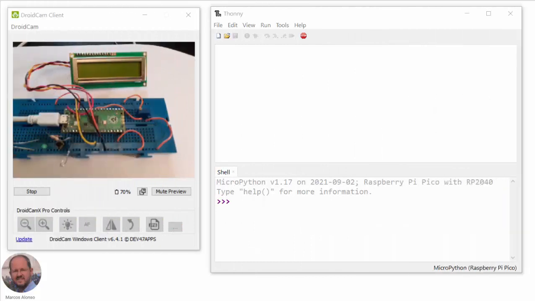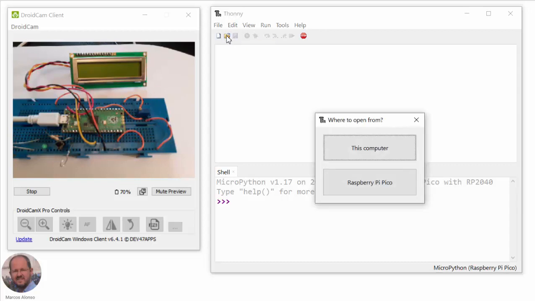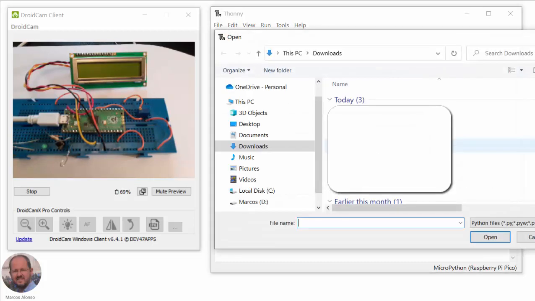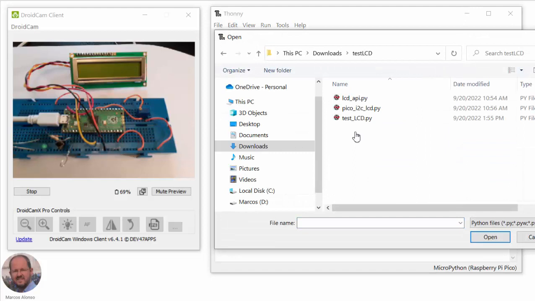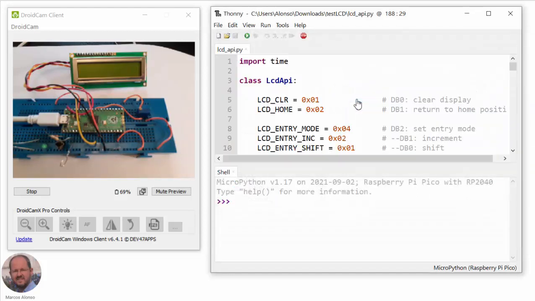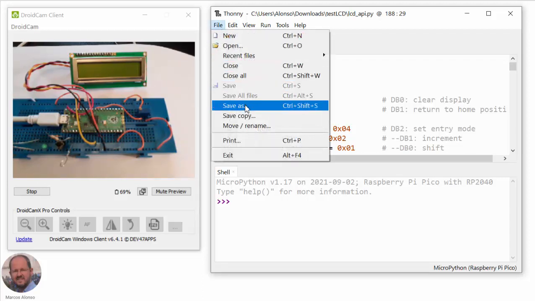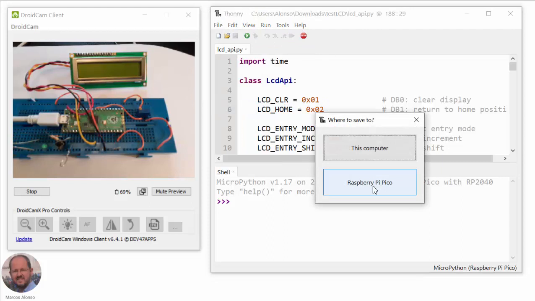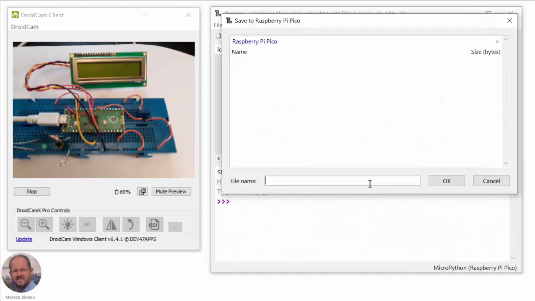So now we are going to see how to do it in real life. We have opened Thonny here to program our Raspberry Pi Pico. So we open our folder in our computer with the corresponding files that we have seen. First one is LCD API, so we open this one, and then we are going to save this file on our Raspberry Pi Pico. So for this, go to File, Save As, select Raspberry Pi Pico, and then we copy here the name